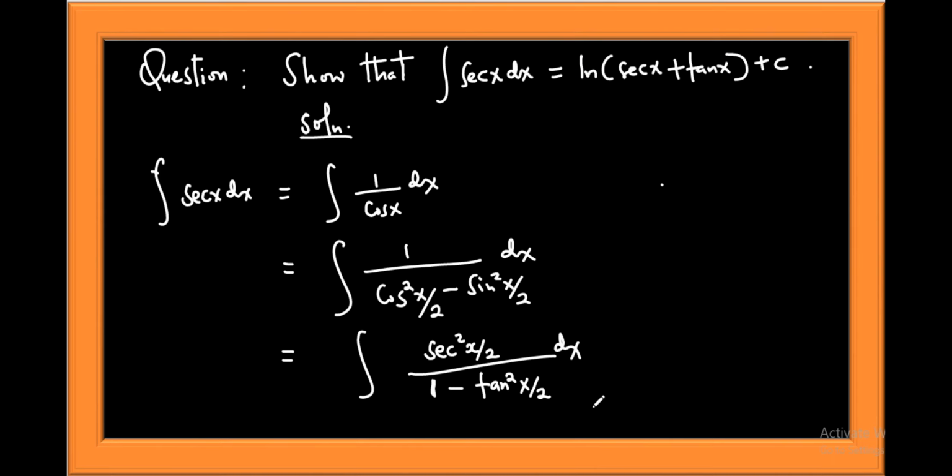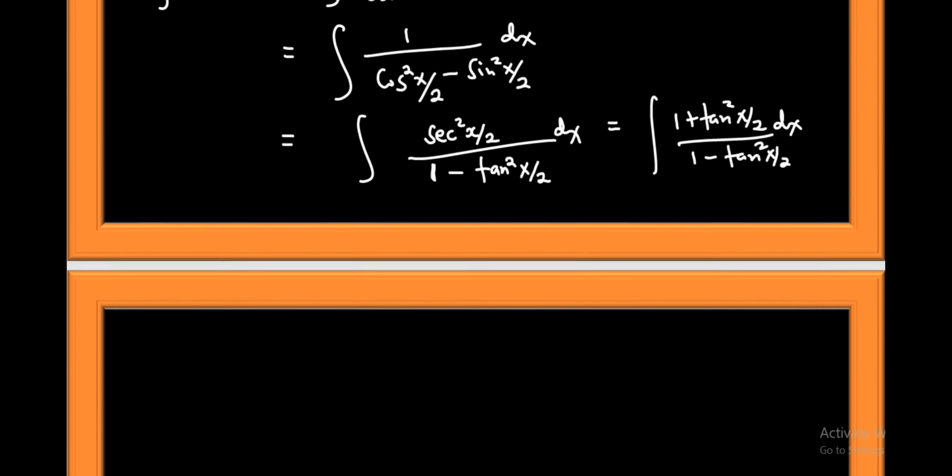Now from here, we can clearly see that this can be modified to the integral of 1 plus tan squared x out of 2 divided by 1 minus tan squared x out of 2 with respect to x. Now from this stage, we can comfortably let